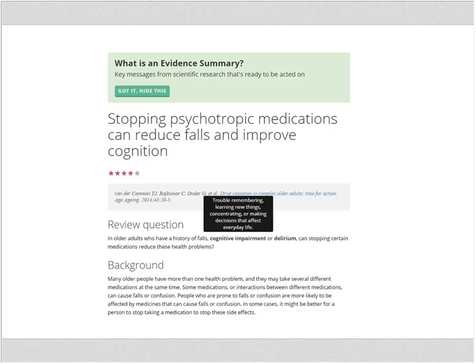So we currently have over 300 evidence summaries available on the portal, and we're adding more all the time. We select these based on the most recent articles as they come out, and those with what we call actionable messages, so where there's actually something that people can act on in the results and conclusions. Those are the ones that we choose to highlight with an evidence summary.